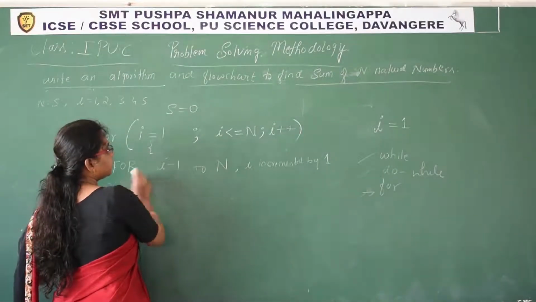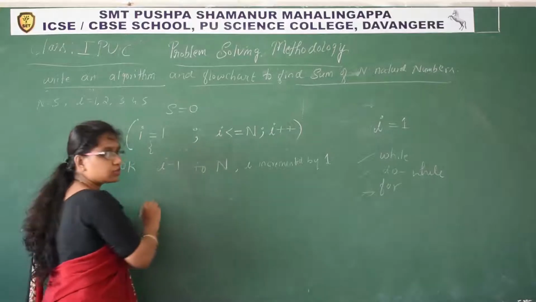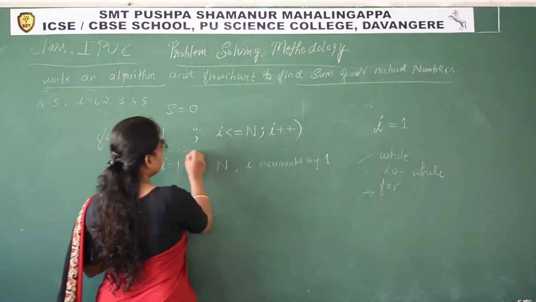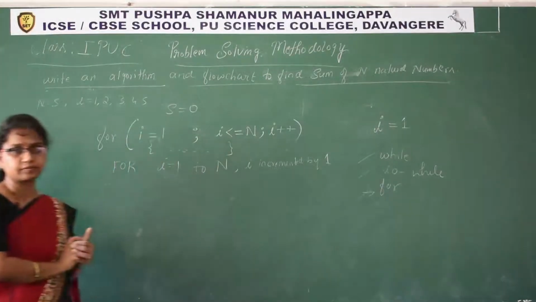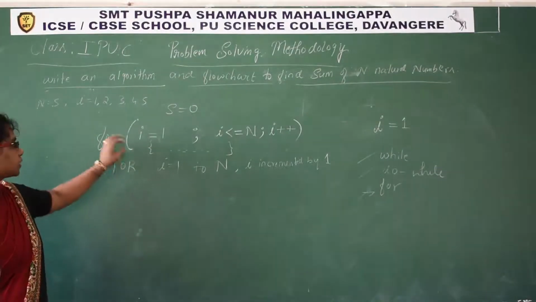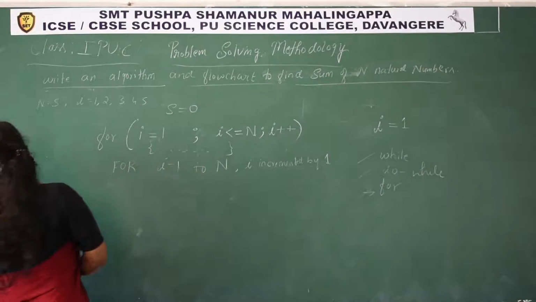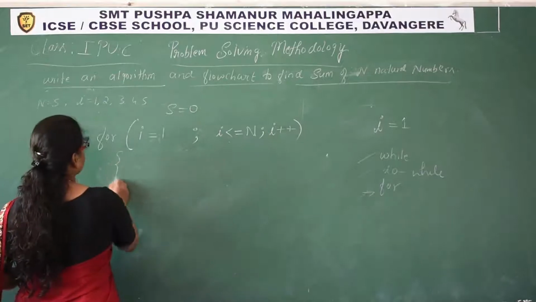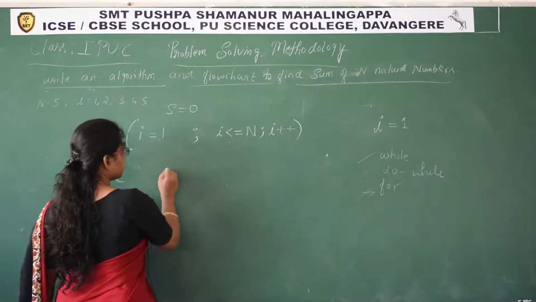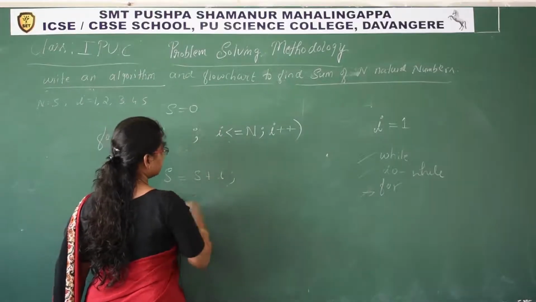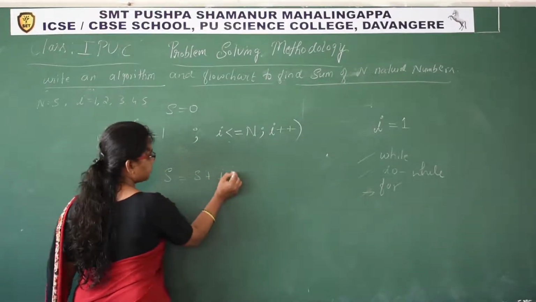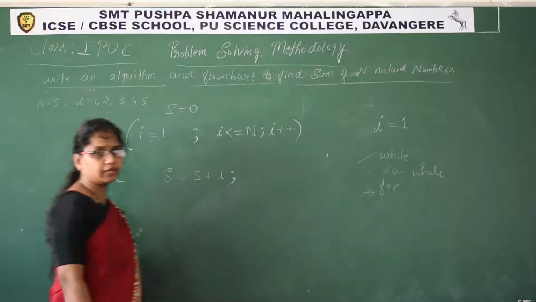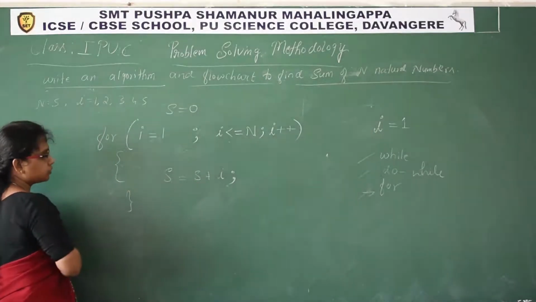After that, in programming we write an open flower bracket, and whatever statements you want to execute repeatedly should be written here, then a close flower bracket. This is a programming pattern. In a program we use it like this, but how to write it in an algorithm? See, in the program: s is equal to s plus i, semicolon. We must write a semicolon for all expressions, but this is an exception; we should not write a semicolon here. Flower bracket close.